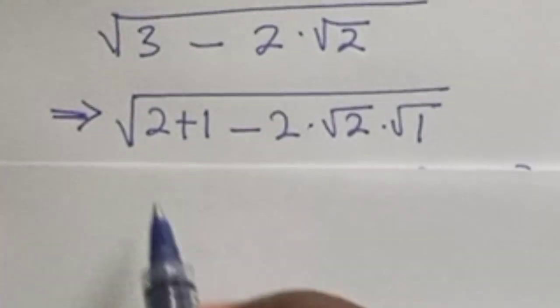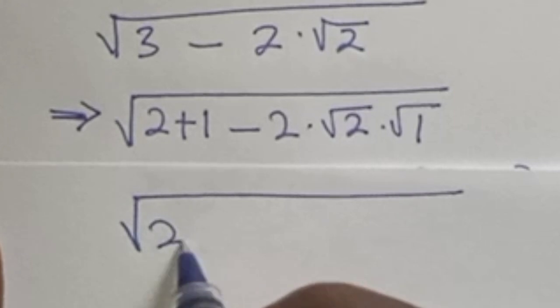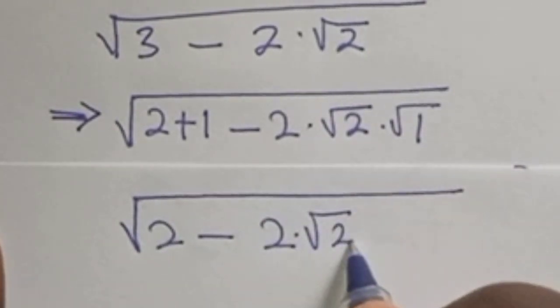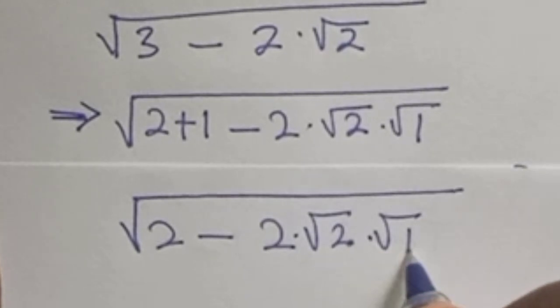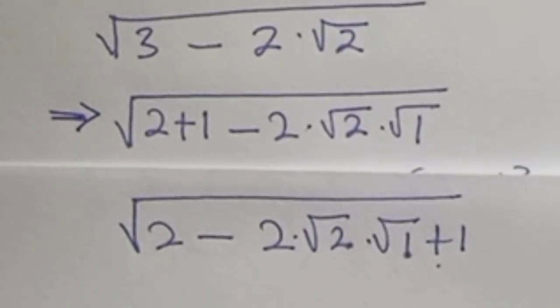So if we agree on this, we can decide to rearrange it as here: it will be 2 minus 2 square root of 2 times square root of 1 plus 1, which is the same as the previous line. So